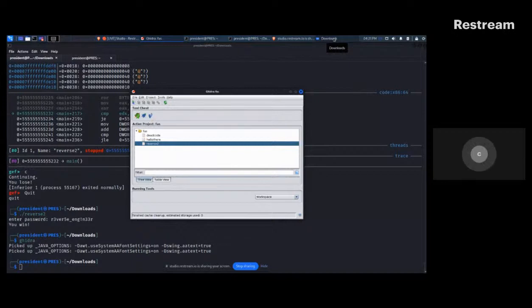I'll give a little bit more time here to get it set up, but I'll move ahead because we can all see it on the screen anyway. So even if you can't get Ghidra pulled up on your own, then